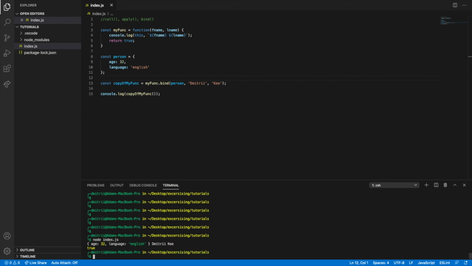Here we go, guys. So you can see Dmitry key true, and the actual person object. So guys, that's the difference between call, apply, and bind,